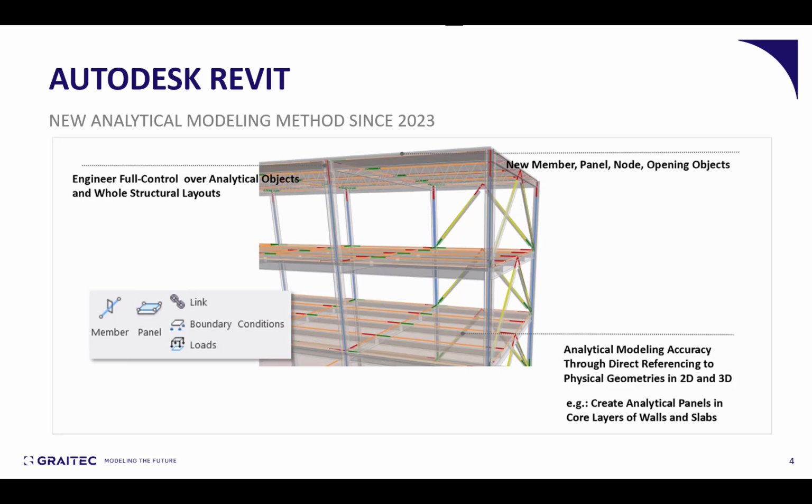So, as general information, since Revit 2023 the analytical model in Revit, which exists in the software since a couple of years, has changed. I think I've been using Revit for a little more than 10 years. I always knew and managed the analytical model and saw those tools inside the product. So probably it has been there for a while. But since 2023, the concept changed